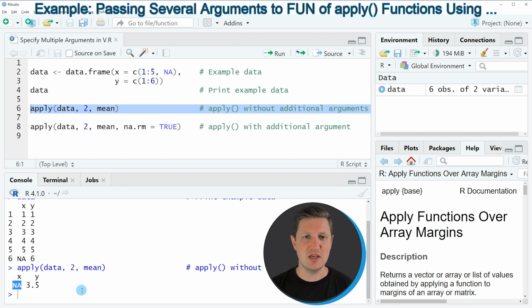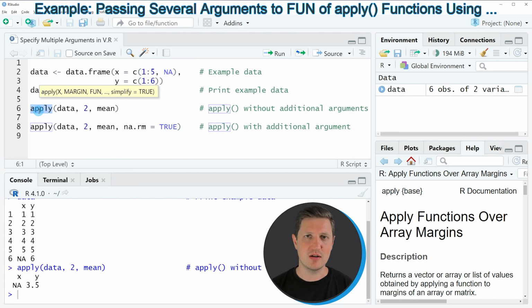However, since we are using the apply function, this is a bit more complicated, because in this case we cannot specify the additional arguments within the mean function, but we have to specify these additional arguments within the apply function. And we can do that, as you can see in line 8 of the code. In this line, I'm using basically the same syntax as in line 6.